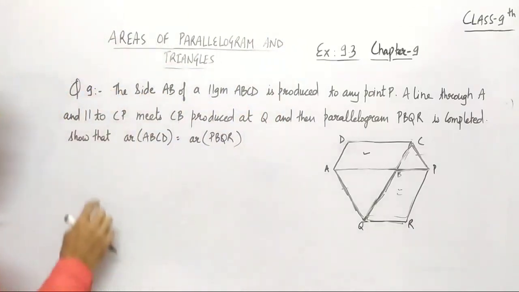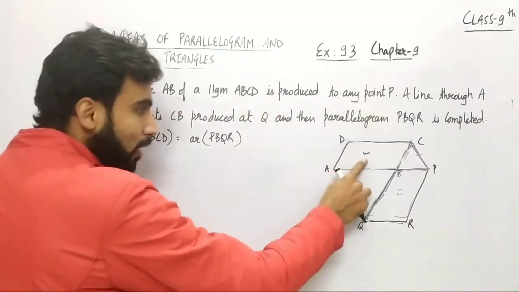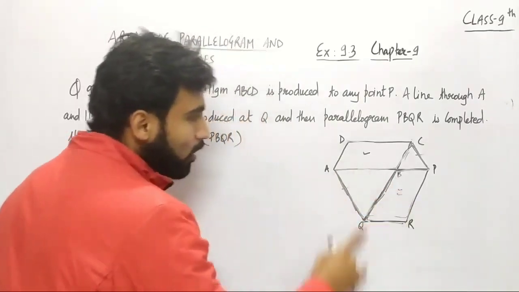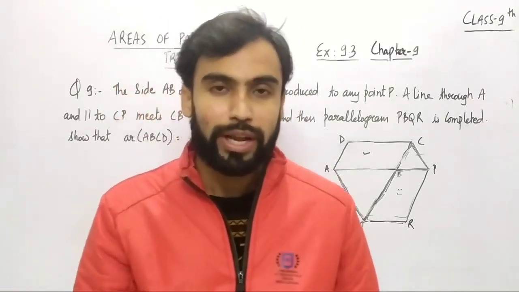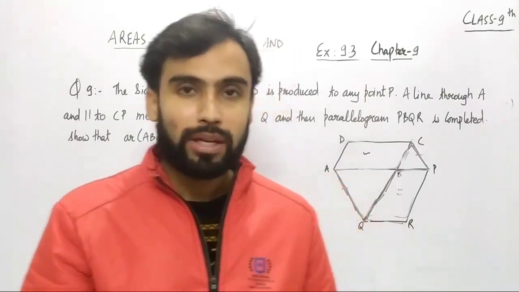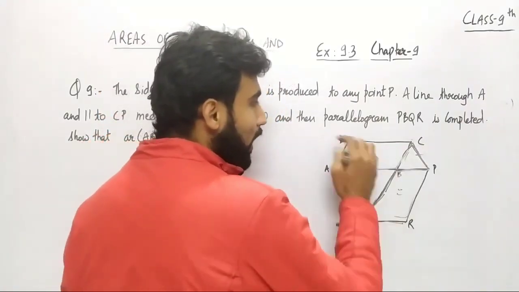Now what you have to do here is show that the area of parallelogram ABCD is equal to the area of parallelogram PBQR, right? So हमें इन दोनों पैरेललोग्राम के एरियाज जो है वो इक्वल प्रूव करने हैं. So how we will do this? सबसे पहली चीज हमें यहाँ पे कंस्ट्रक्शन करनी होगी, एंड द कंस्ट्रक्शन इज कि ये जो पैरेललोग्राम ABCD है, मैं